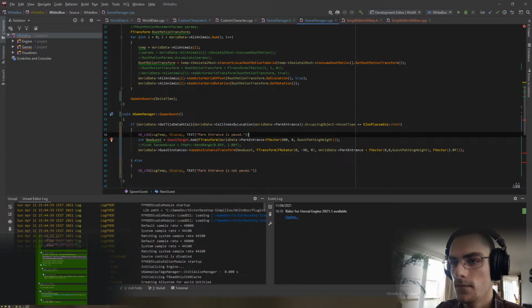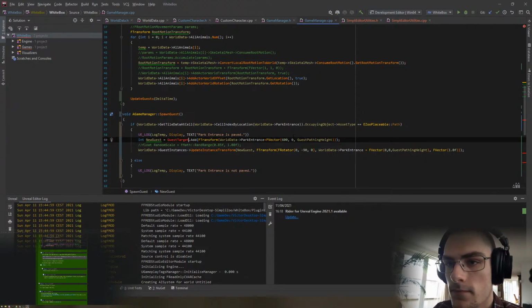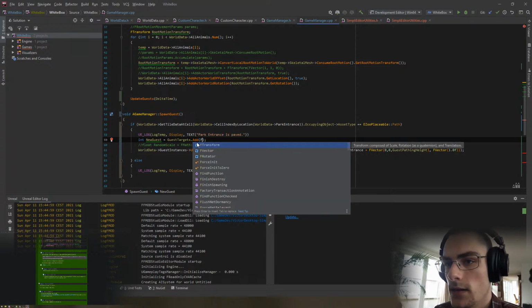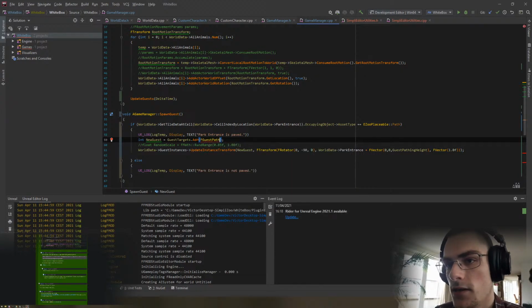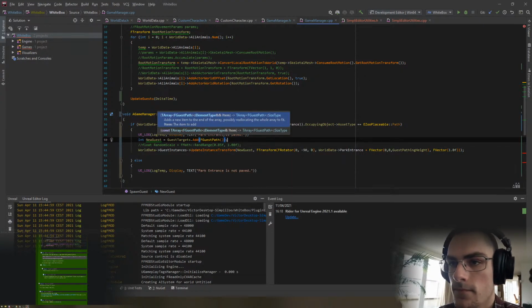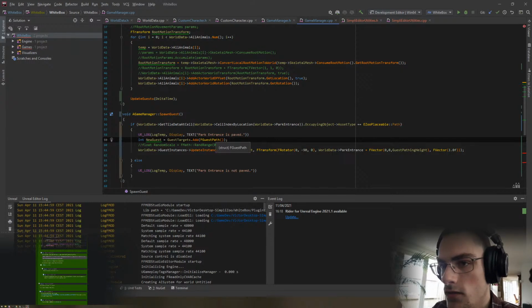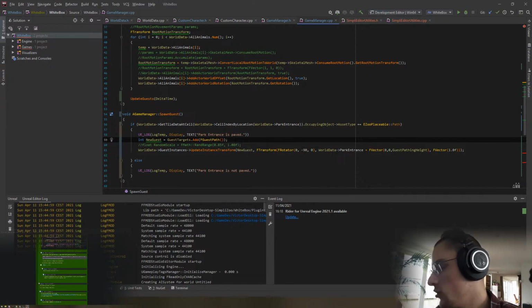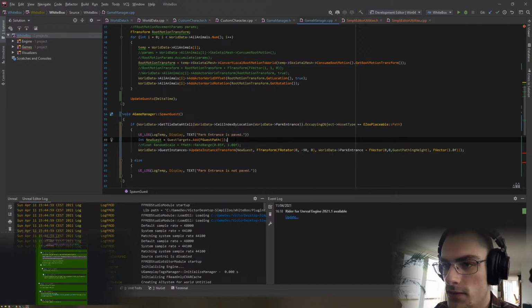So here. So we add an F guest path, and that should then just create a default one. But do we want to create a default one? We probably just want to